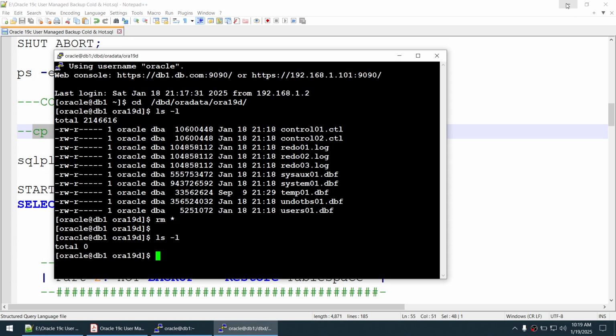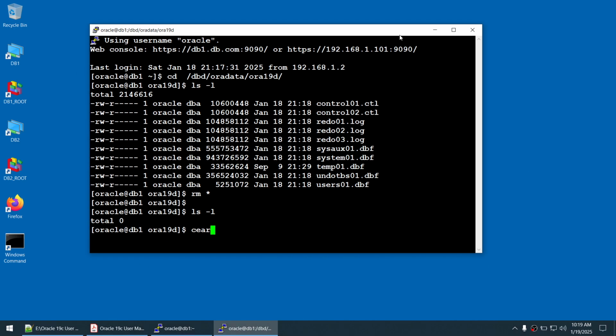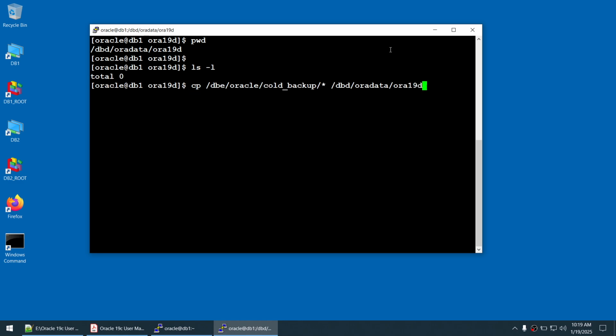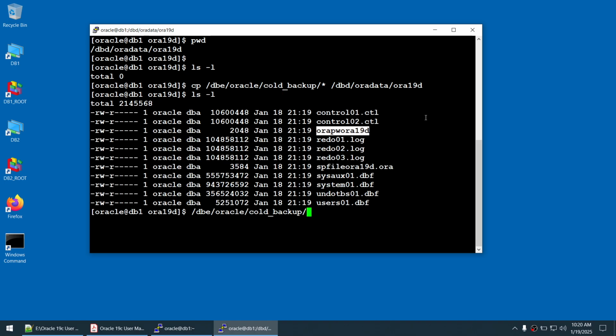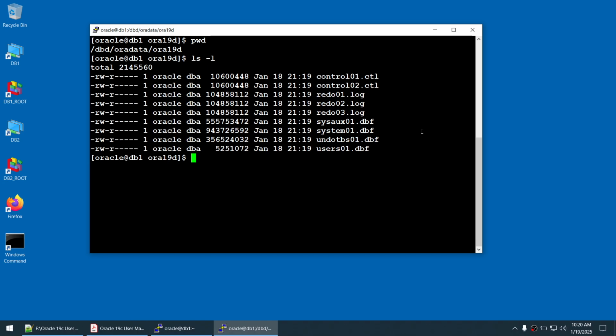So let's go to the original location. Let me clear this. Let me say pwd. Let me say ls -l. Let me go to the cold backup location and copy everything to the original location. Now there will be two files that we are not interested in. They should not be here. One is the Oracle password file, which I will remove, and the spfile, which I will remove. Now if you take a look at this original location, ls -l, we got the control file, redo logs,